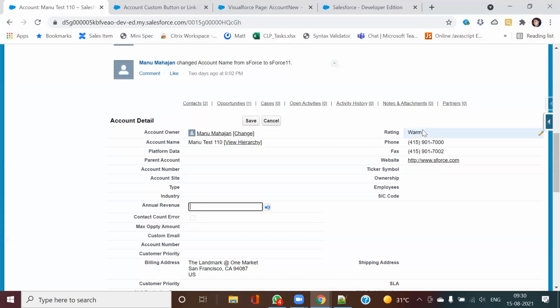In case my rating is hot, it should be set to 300. If it's cold, it should be set to 100. I want you people to try out how this can be done through the controller extension. I give you the idea of what will be done: this button that you have on that save, there you need to override.